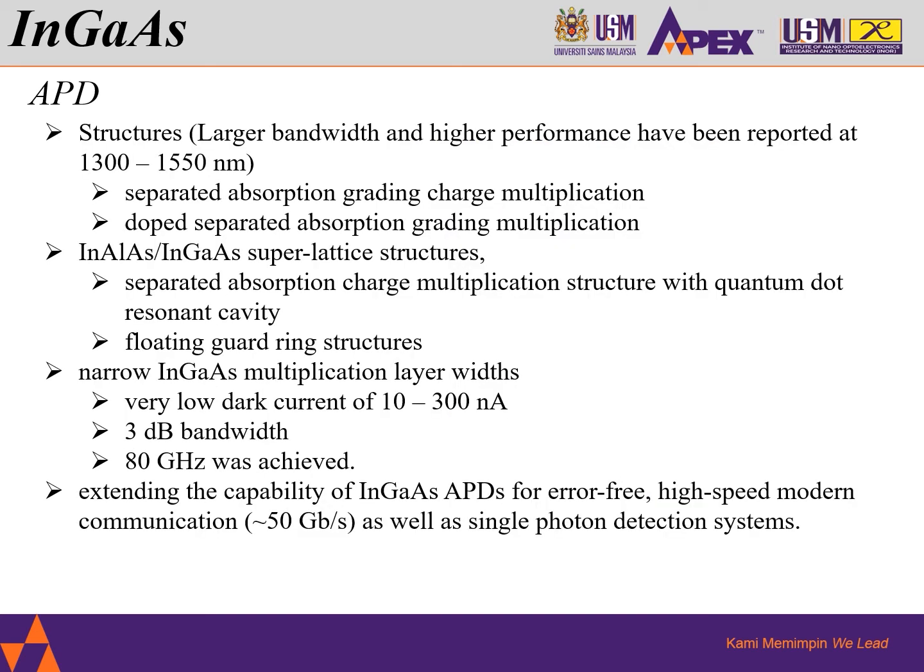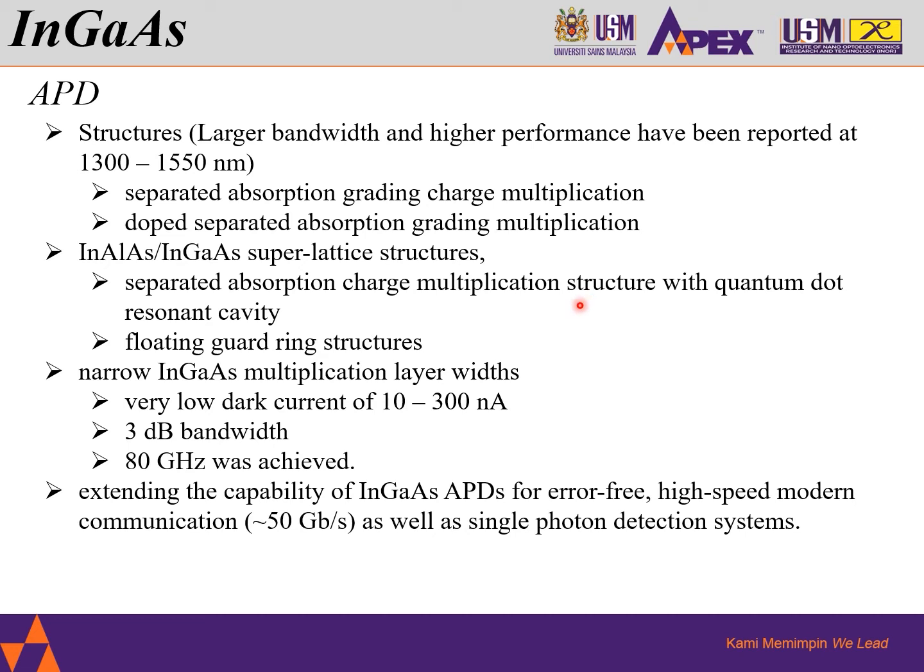Larger bandwidth and higher performance have been reported at 1300 to 1550 nanometer wavelength for various indium gallium arsenide APD structures, such as separated absorption grading charge multiplication, doped separated absorption grading multiplication, indium gallium arsenide and indium aluminum arsenide superlattice structures, separated absorption charge multiplication structure